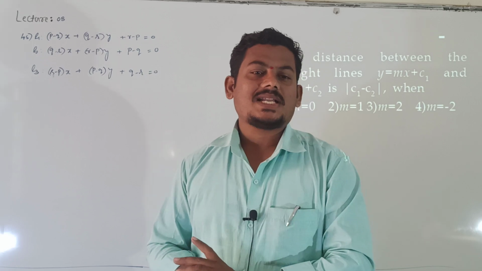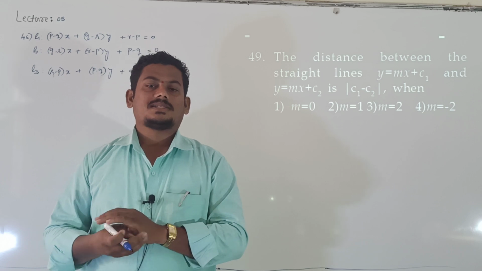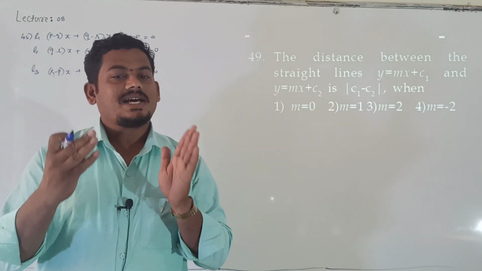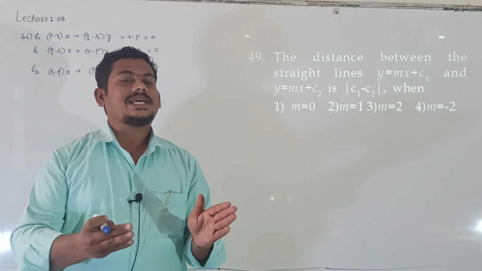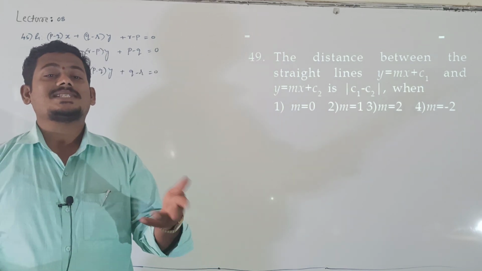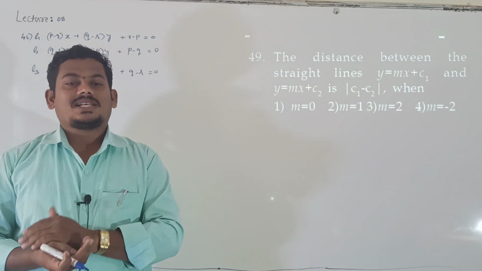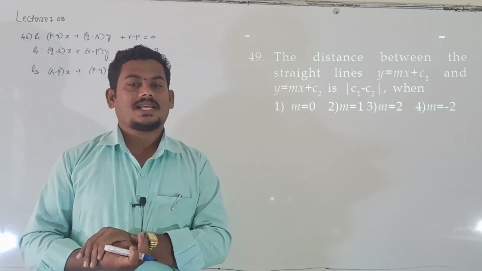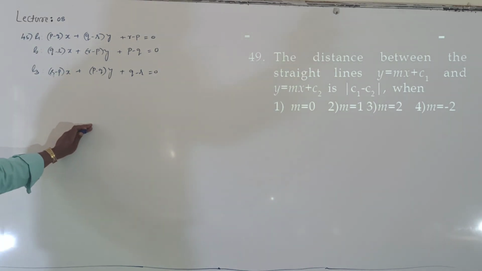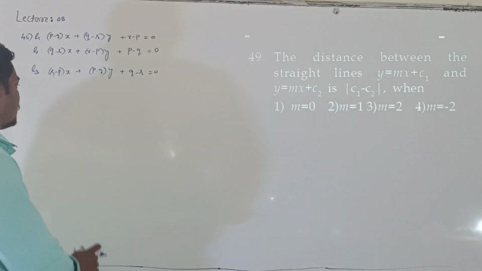If three lines are given, just evaluate the determinant of their coefficients. Suppose three lines are given, maybe they are concurrent. If the determinant of their coefficients is equal to 0, then they are concurrent lines. If the determinant is not equal to 0, then check whether these are sides of an equilateral triangle, isosceles triangle or right angle triangle. Right angle triangle means two lines are perpendicular. Once three equations are given, then evaluate their coefficients.